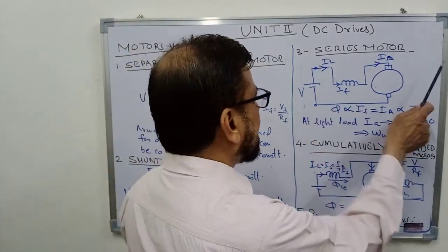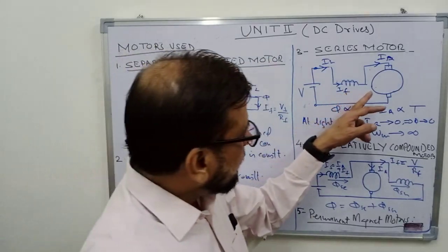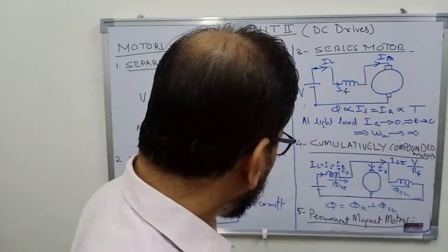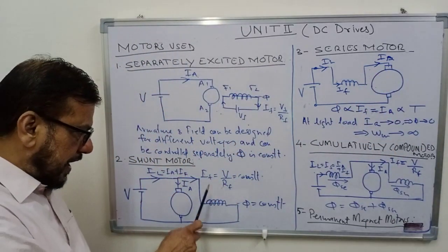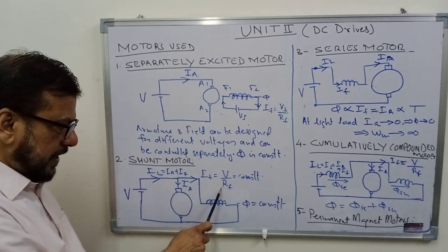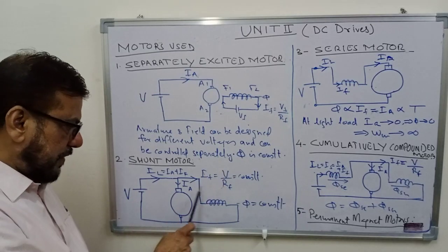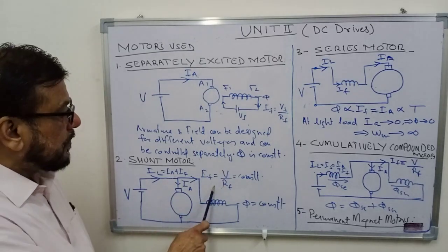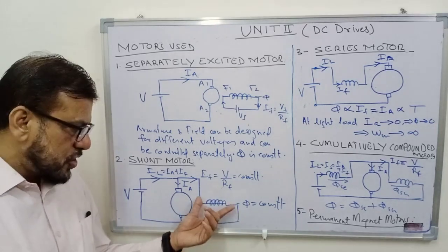The third variation is the series motor, where the field winding is connected in series with the armature. One thing you must remember is that this current If is much smaller than the armature current. It is tried to keep If as low as possible, V upon Rf, so that the major power flows through the armature winding. So the resistance of the field winding when it is shunted across the armature should be high,